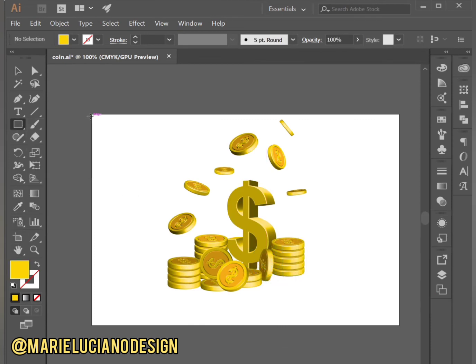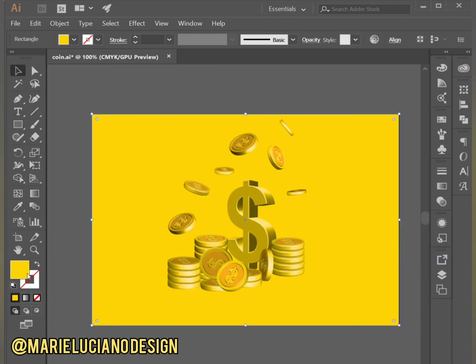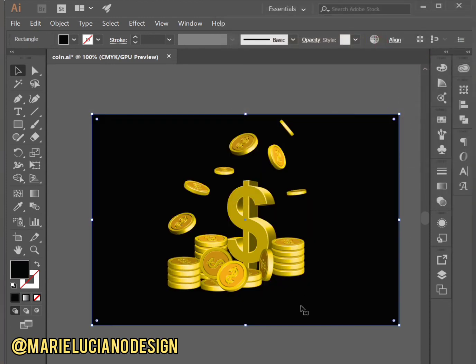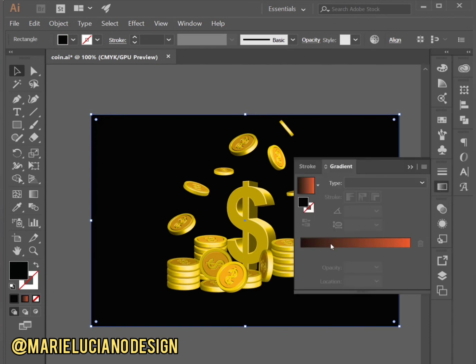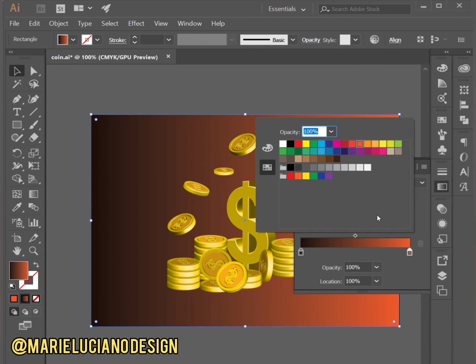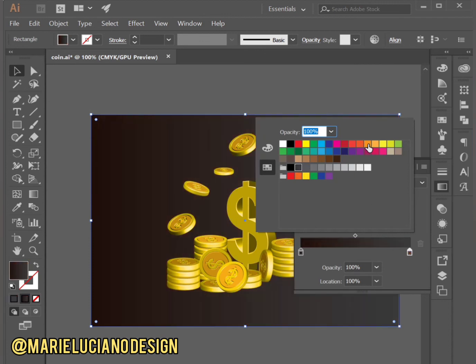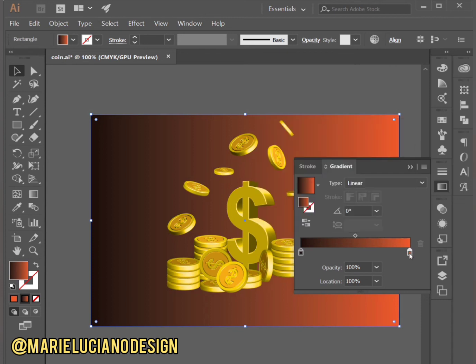And now I'm going to use the rectangle tool to create a rectangle that covers the whole artboard. Then select send to back and change the fill color to black. Actually, I'm going to add a gradient to the black background. So while it's selected, go to the gradient panel, click on the gradient. It's going to automatically apply my last gradient. I'm going to change the colors of these two